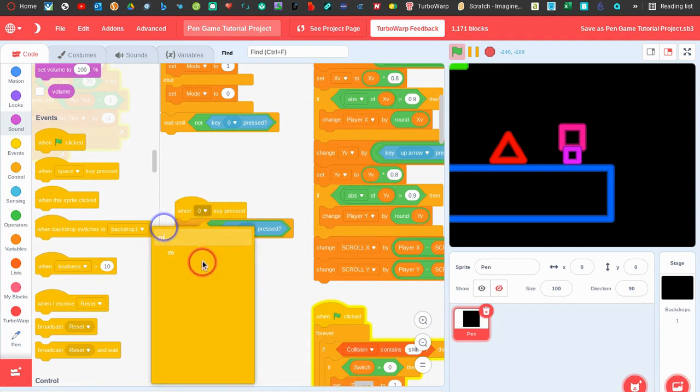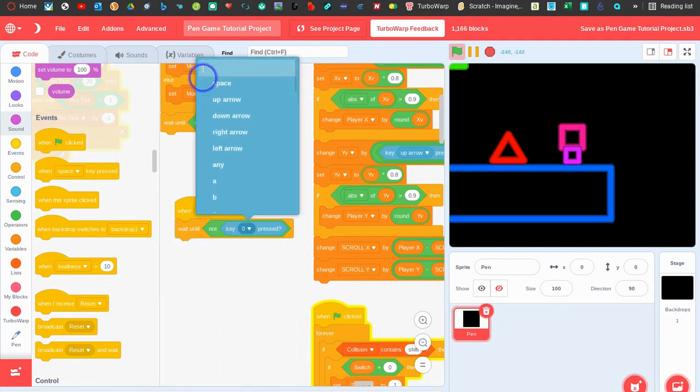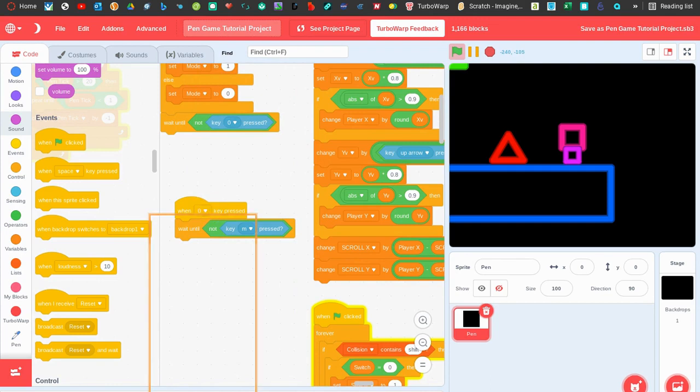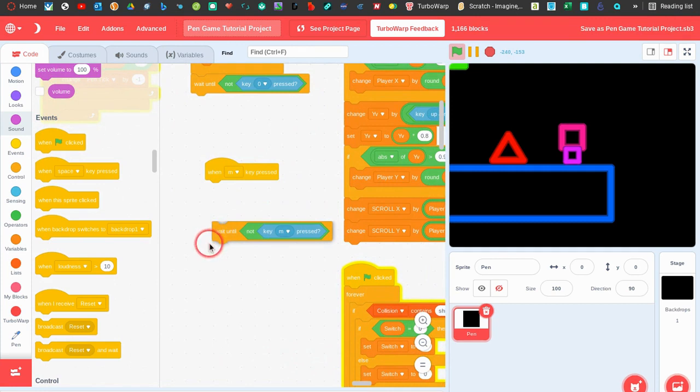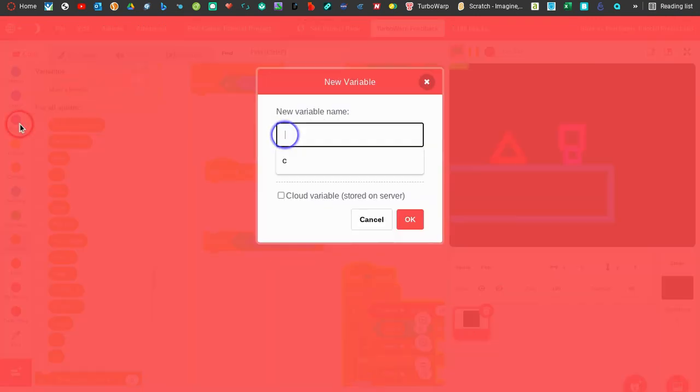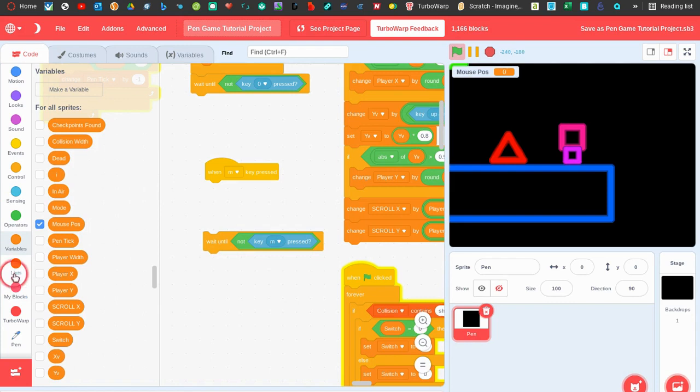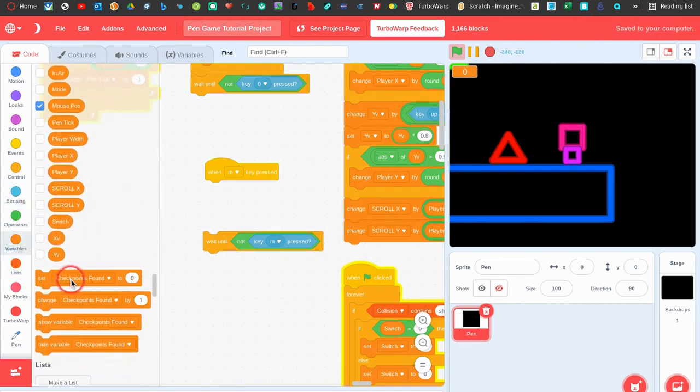So when M key pressed, and the reason why I changed it to M for this one is because it's to show you the mouse position, so I thought M would be better. And for the mouse position, it's going to show where your mouse is in the scrolling game. So we're going to make a new variable called mouse position. You can just do pos. It stands for position, and then I'm just going to do a large readout, large, and then all we have to do is we can say set the